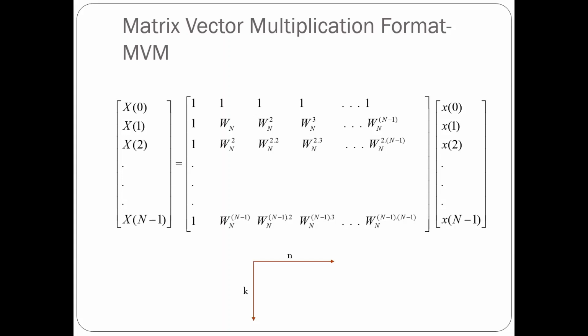So even for this 256 sampled sequence, the total number of complex multiplications is 256 the whole square, that is 2 raised to 16. You will require 2 raised to 16 multiplications, or 4 into 2 raised to 16 real multiplications. So you see that the computation is going to be very difficult. So you will have to look at alternate ways to speed up the multiplication. That we will discuss in greater detail when we go on to the second module. So for the time being, let us understand that this computation of the discrete Fourier transform is a highly computationally intensive process.